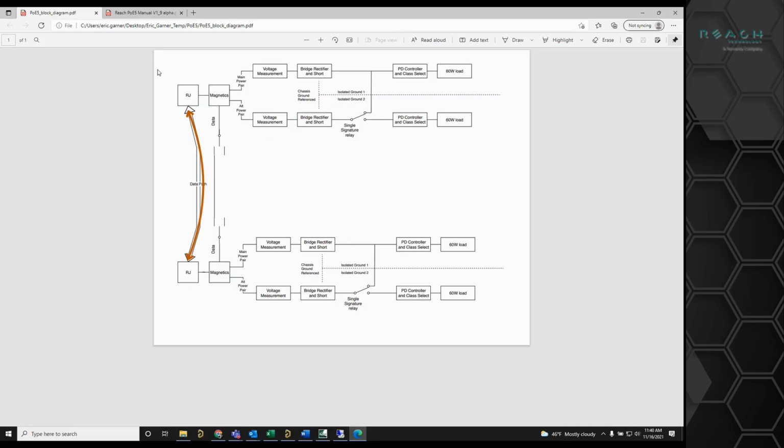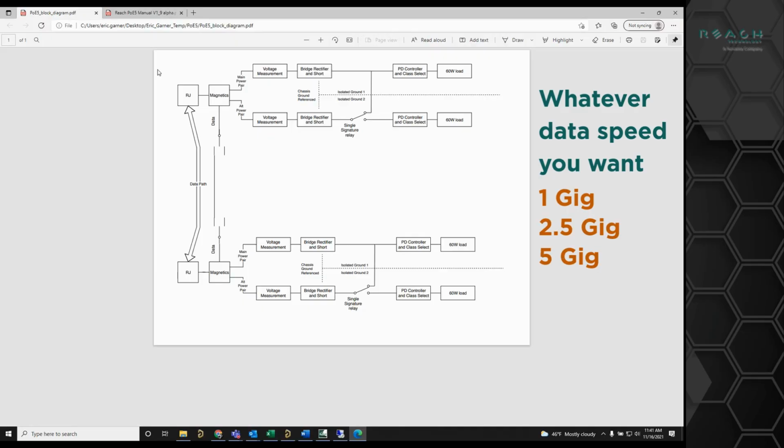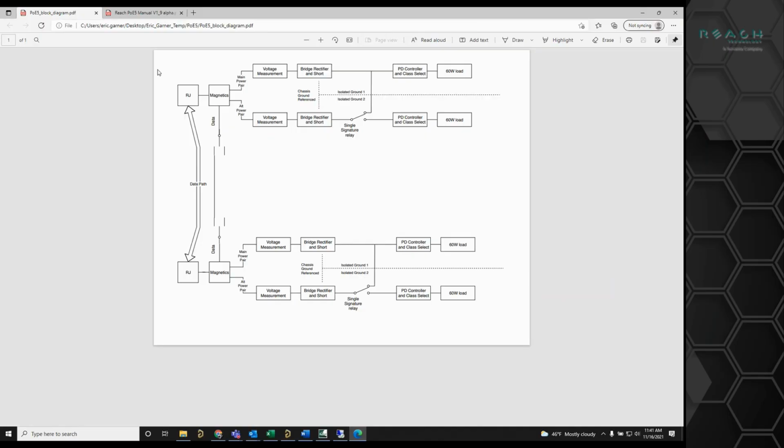and that is certified to a category 6A data path. So you can use it at whatever data speed you want: 1 gig, 2.5 gig, 5 gig, 10 gig. Whatever you want to put over that is completely up to you. It's a completely analog passive data path, so there's nothing besides circuit board and relays in between those two things. So if you want to pass data between two ports while you're testing PoE,